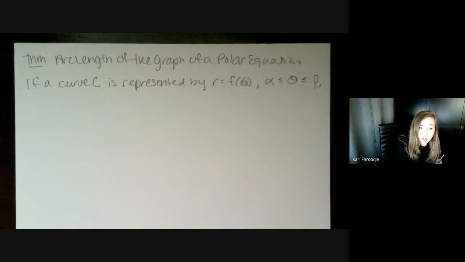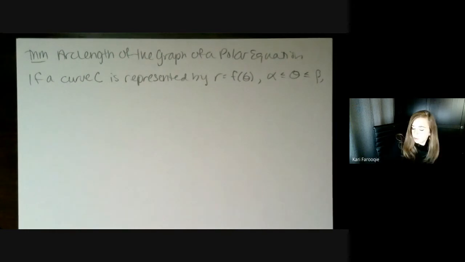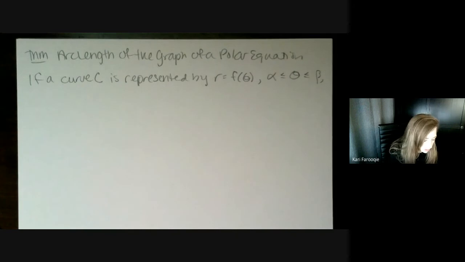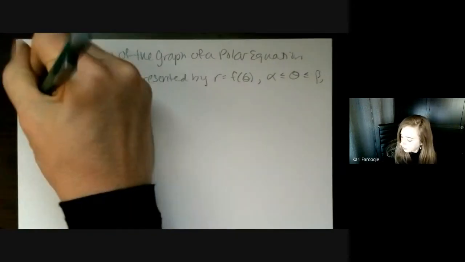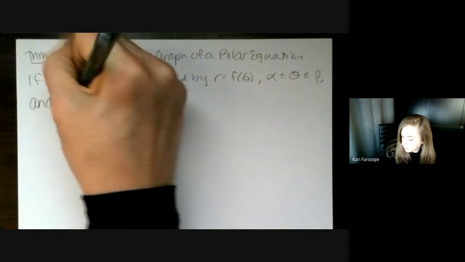When we're talking about polar integration, we're always going to be using alpha and beta instead of a and b, just the way the notation is. Nothing super crazy there. And if f prime of theta